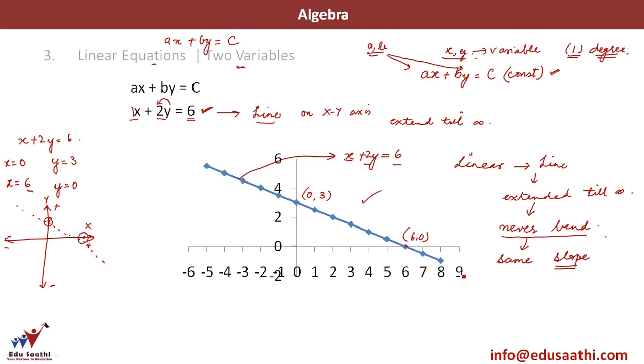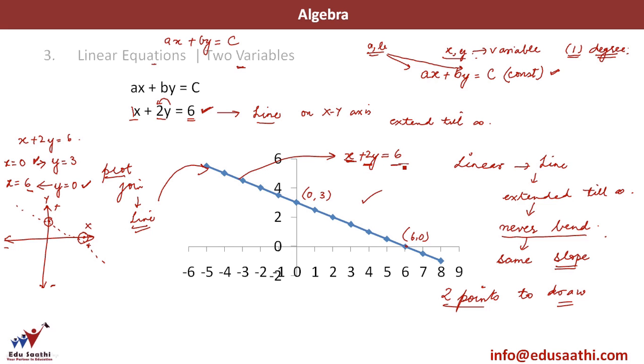So you need only 2 points to draw a line. 2 points to plot and draw a line. How would you get those 2 points? Put x is equal to 0, get the value of y. Put y is equal to 0, get the value of x. You plot these 2 points, join them, you will get a line which is actually the line representing x plus